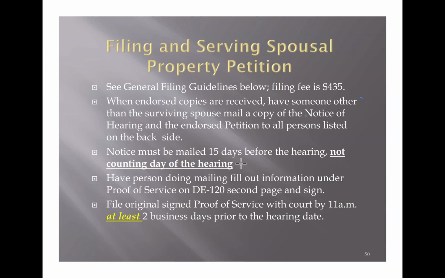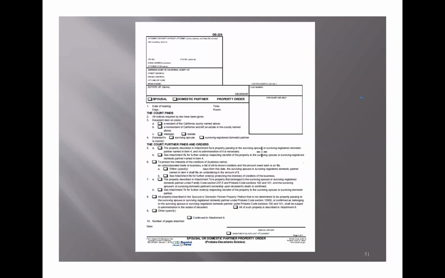But here again, I wouldn't mess around, so that you're not going to have a deadline problem. As soon as you find out when your hearing is, go ahead and have the notice sent, all right? And then the person who mailed the notice has to sign the proof of service, and that has to be filed at least 2 days before the hearing. So then you go to your hearing,